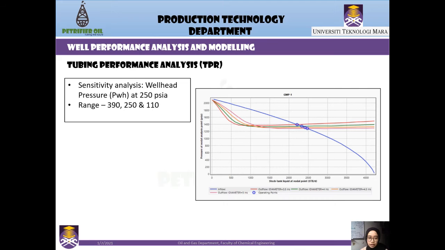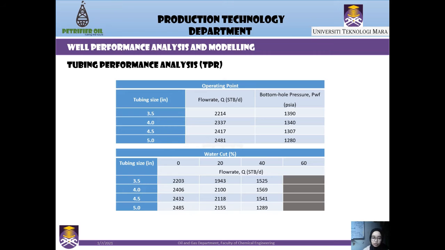The next sensitivity analysis is wellhead pressure, and this is the wellhead pressure at 250 psia for the different sizes of tubing, and the wellhead pressures that we use are 390, 250, and also 110. In this slide, these are the detailed well deliverability results, where the first table is the